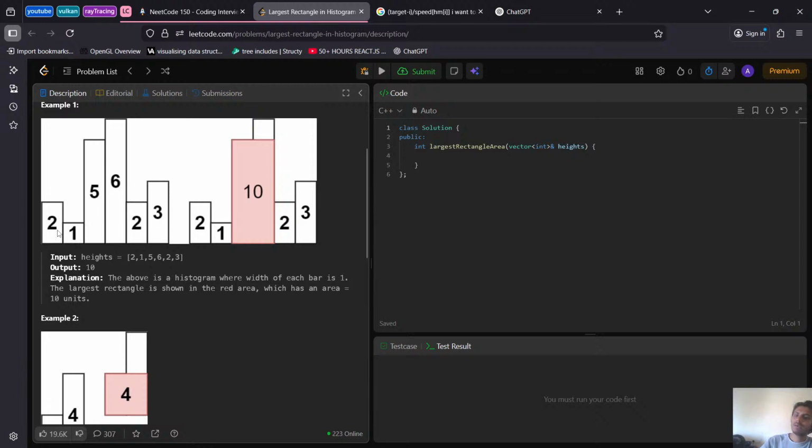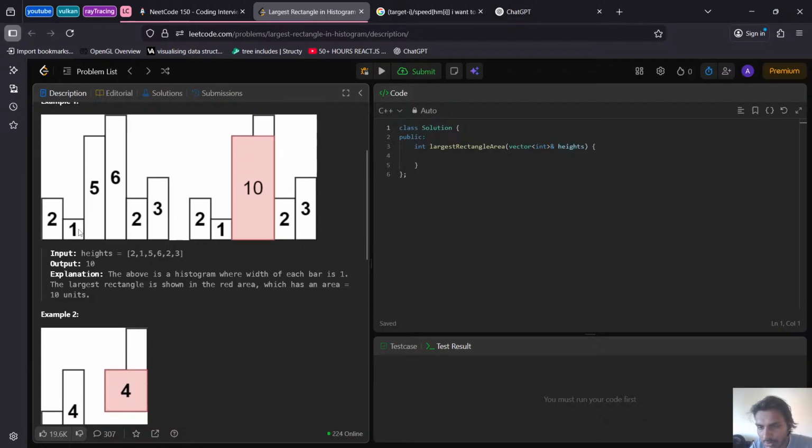Well, we can have two variables, two pointers: one pointer to this and one pointer to here. Then we calculate. After calculating, can I calculate the area? Then we move the rectangle here and check if it is greater. If the second pointer is greater than the rectangle,